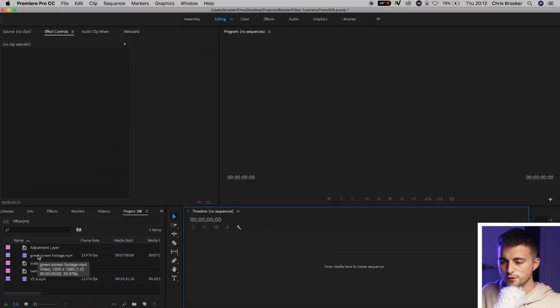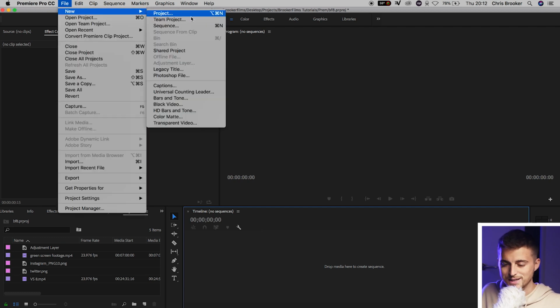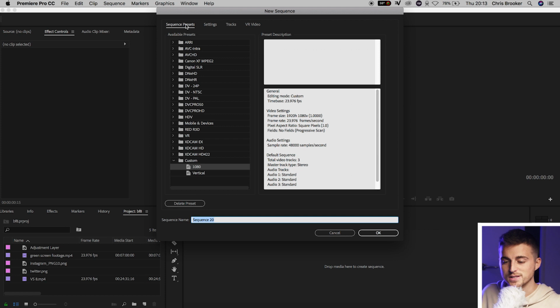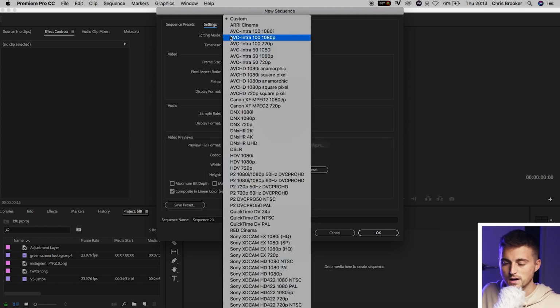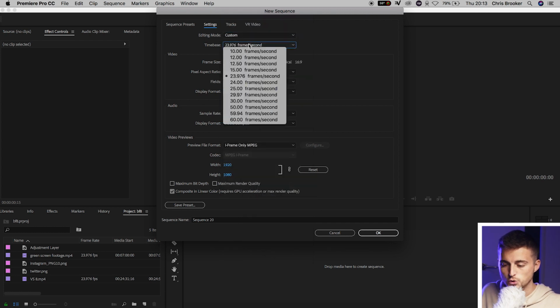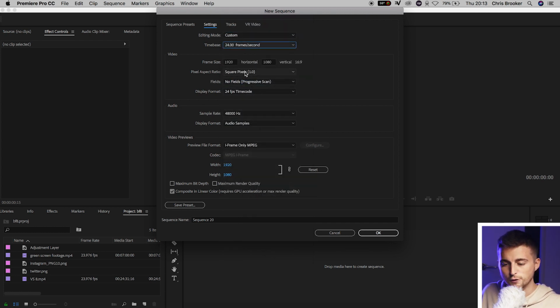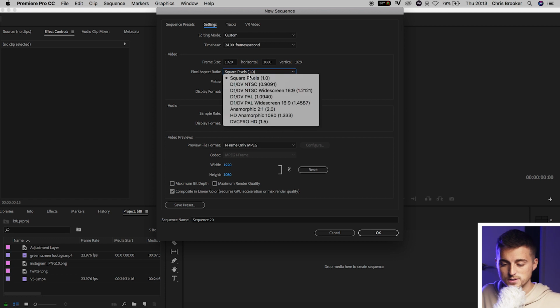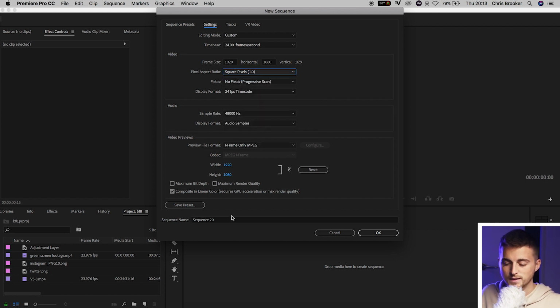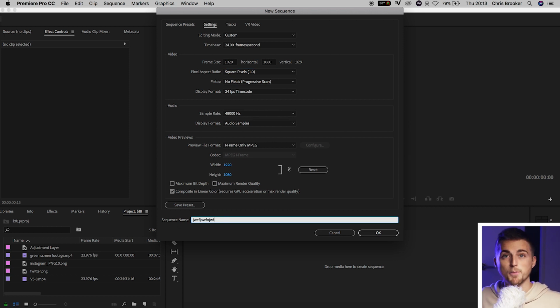So once you're inside of Adobe Premiere Pro, you want to begin by creating a brand new sequence. So we'll go File, New, Sequence. Now in the New Sequence tab, you want to go over into Settings, make sure the editing mode is Custom. Time base is 24 frames per second. The frame size is 1920 by 1080. The pixel aspect ratio is square pixels, and then everything else is fine. If you wanted to rename the sequence though, then you could do so by just editing this box, and then